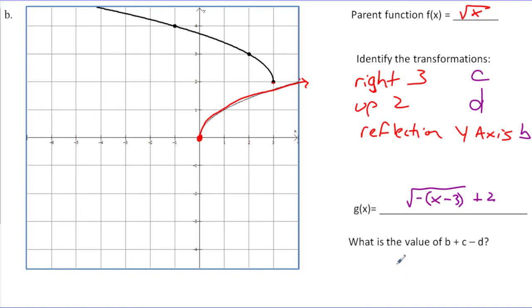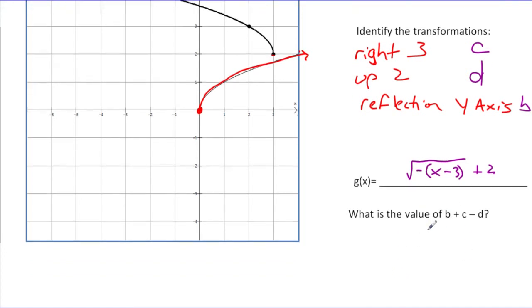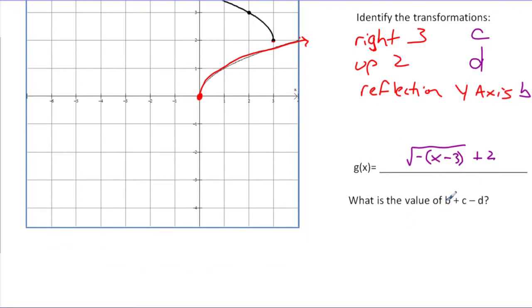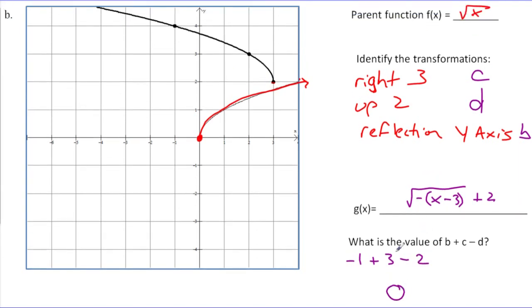So this is the function that we're modeling in our problem. And now they're asking us, what are b plus c plus d? Well, my b value is -1, my c value is 3, my d value is 2, so I'm going to subtract 2. So -1 plus 3 is 2, and 2 minus 2 is 0. So they were just asking us to look at our function, pull the b, c, and d values out of the problem. And then once we've done that, we can just add and subtract them as they've